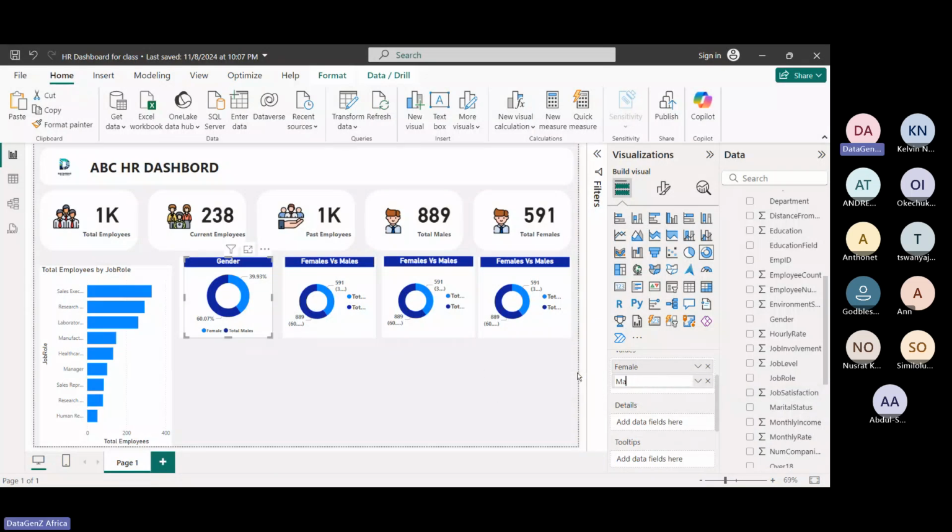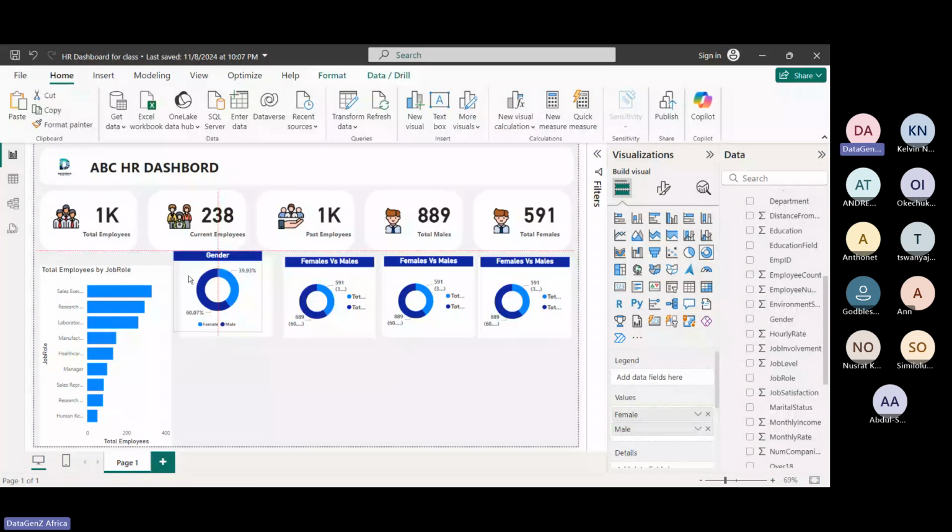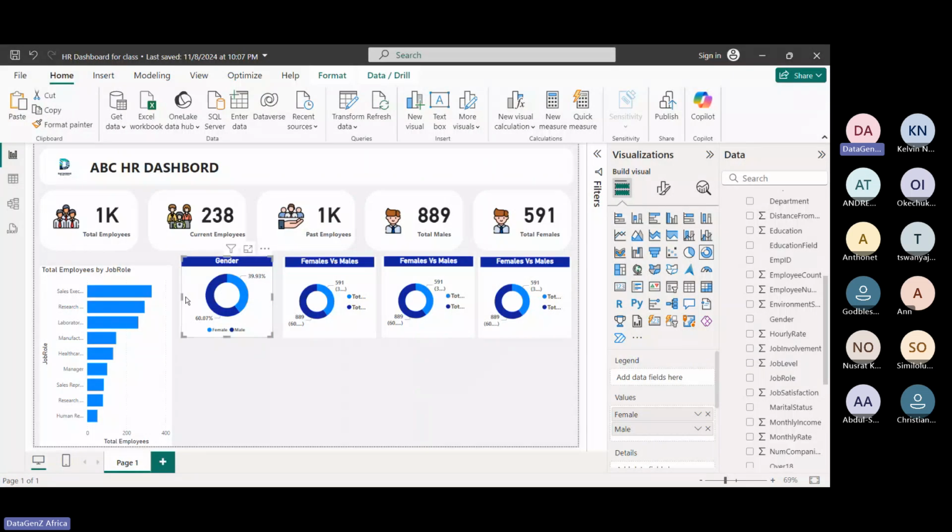All right, great. So this visual is perfect now. I like this visual. This is good. So another thing is, because I'm good with this visual now, I can now duplicate it